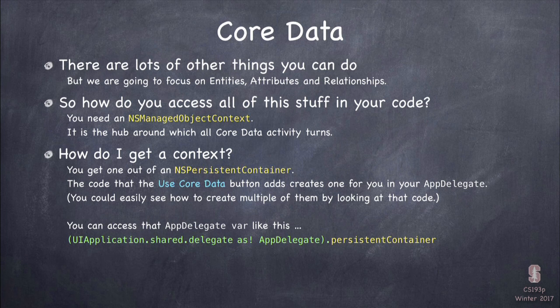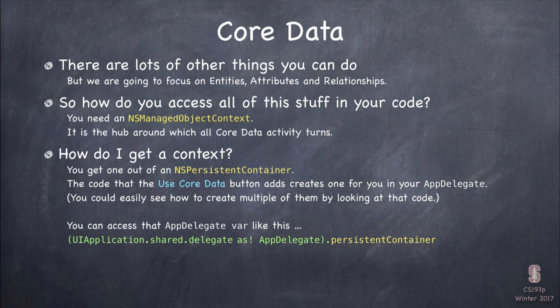Now, if you have the lazy var in your app delegate, how the heck do you get that var? And this is how you do it. Okay? You get a copy of the shared UIApplication. Now, we haven't talked about this, but your app has this one and only UIApplication object that represents your application, and you get it by doing UIApplication.shared. Okay, it's a static var in the UIApplication class. Gives you the shared one. Then you're going to access this var in UIApplication, which is its delegate.